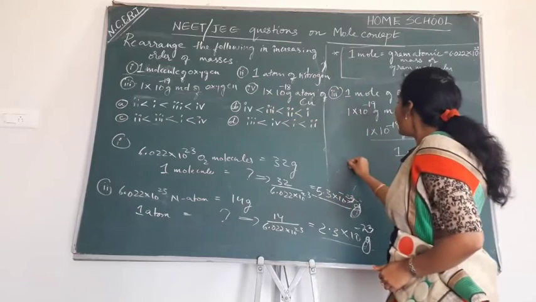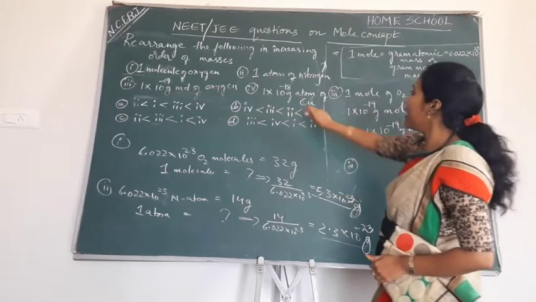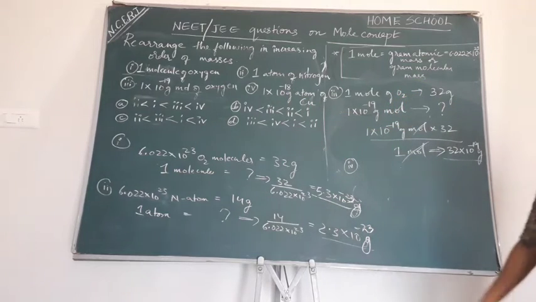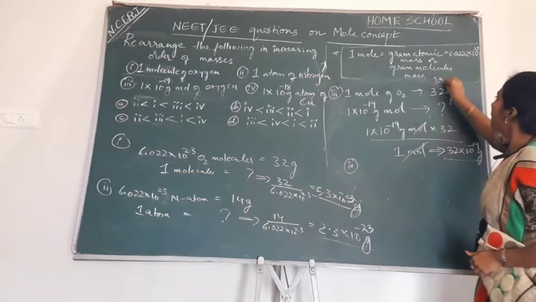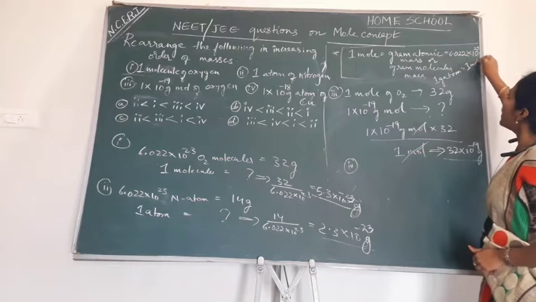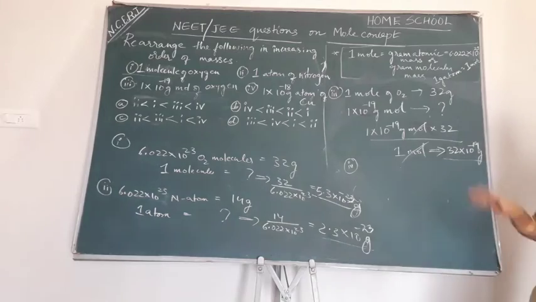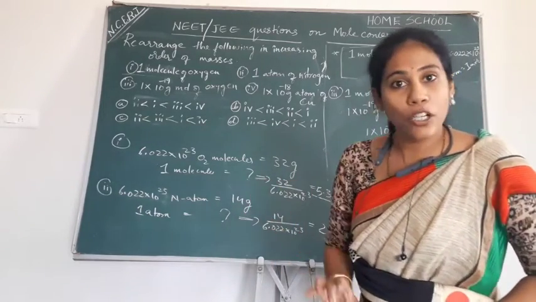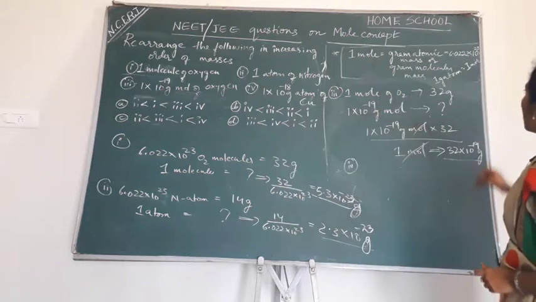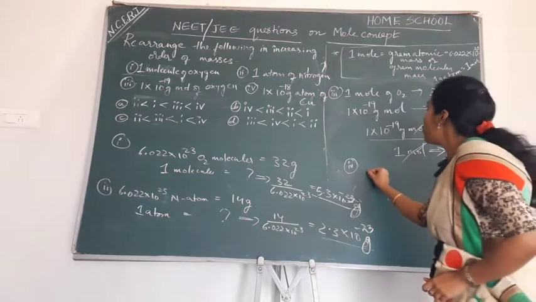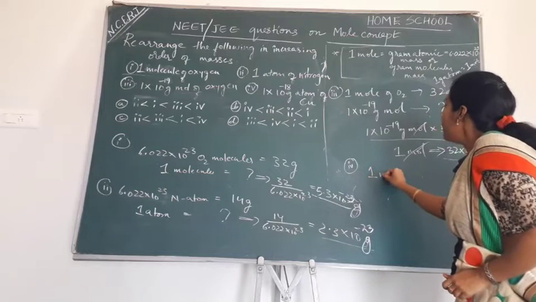And now the fourth information's mass. What are they asking? 1 into 10 to the power of minus 18 gram atoms of copper. See, 1 gram atom is equal to 1 mole of atoms. What is the meaning? 1 gram atom means 1 mole of atoms. 1 gram molecule means 1 mole of molecules only. So 1 gram atom is nothing but 1 mole, is it? So 1 mole